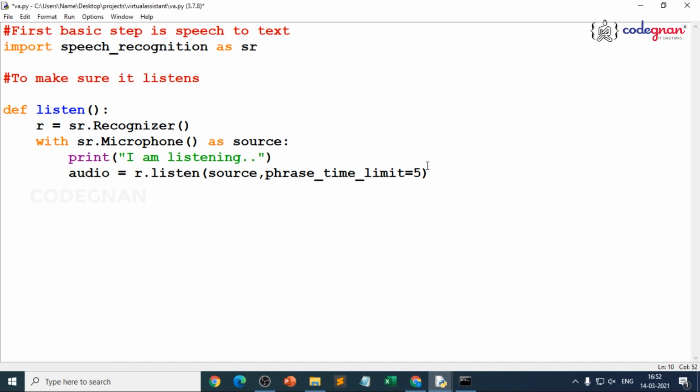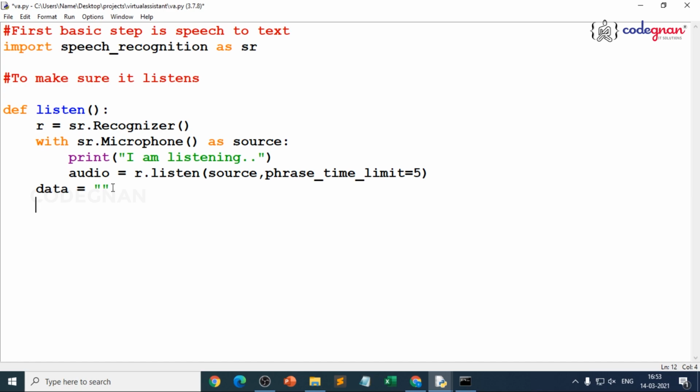Whenever you hit the microphone, you start speaking. If you just wait, it tells you that it cannot understand. Check your microphone. That's what Google will tell you, right? The same way we are just giving it. Now, I'll make my data an empty string, because whatever we speak, that string should be attached to it. Now make sure you are out of this. You should not be inside the source. You should come out of the with source, so that whatever you speak is stored in the data variable.